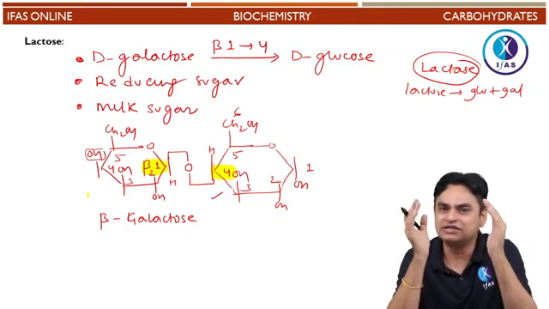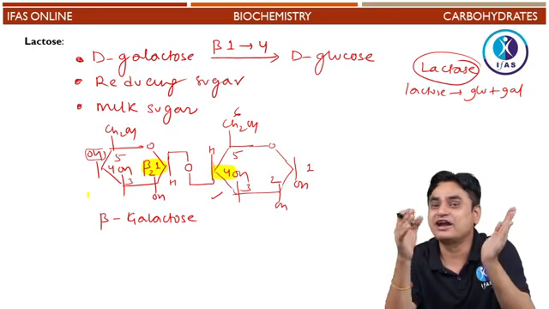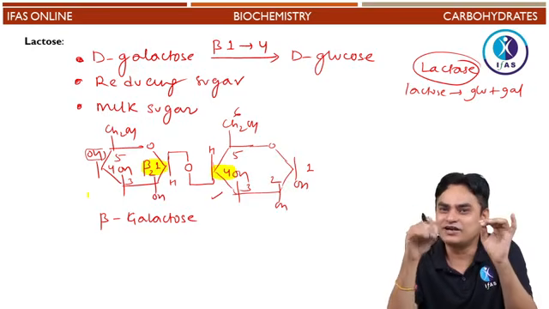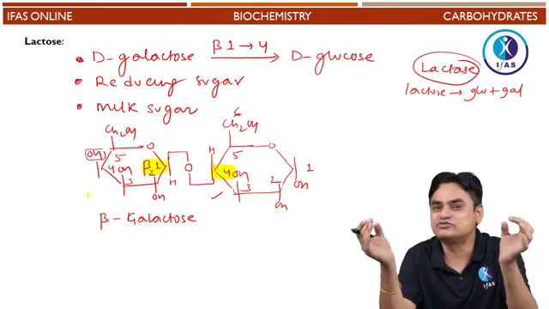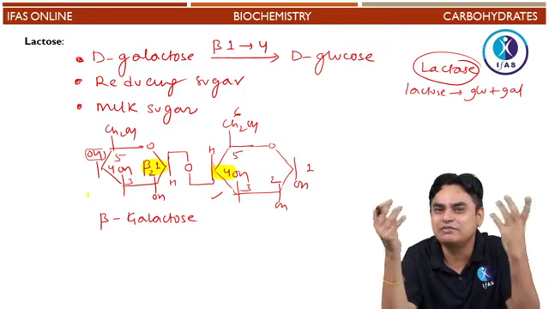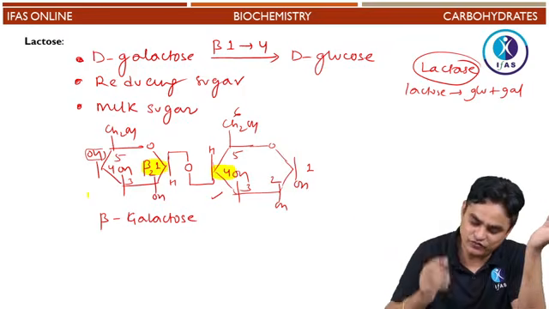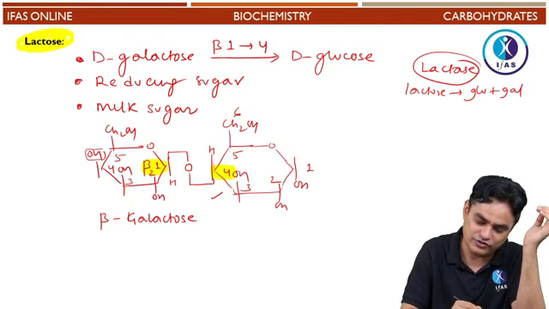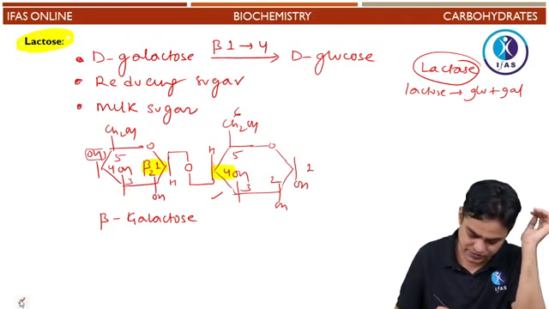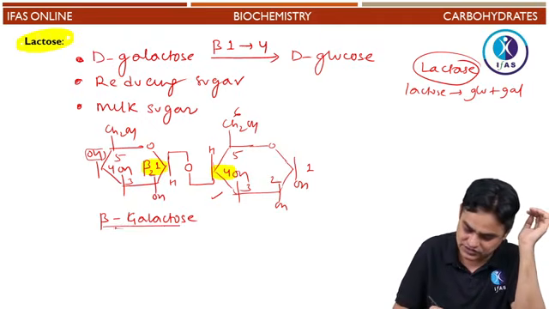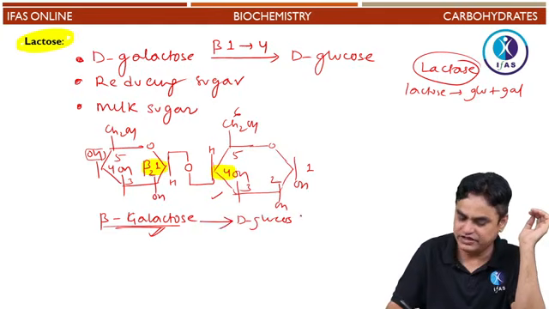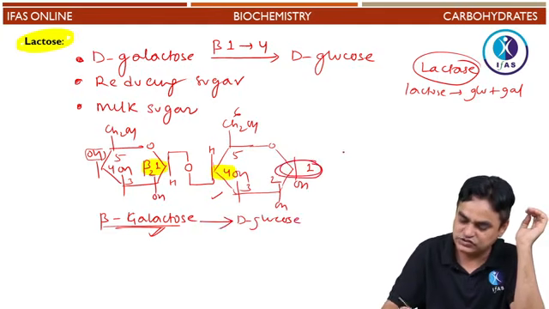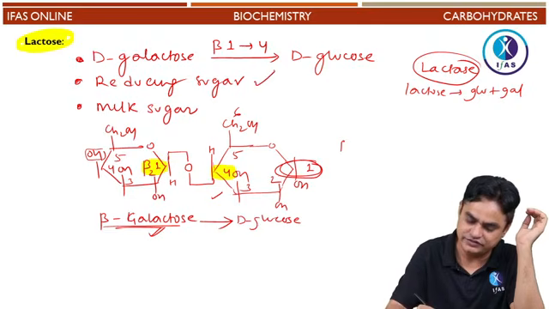Because in molecular biology we study lacZ, which encodes beta galactosidase. Beta galactosidase acts on lactose and cleaves it to glucose and galactose. But what do you mean by beta galactosidase, which breaks a beta galactosidic bond? Where is a beta galactosidic bond present? So beta 1,4 galactosidic bond is present in lactose, because the anomeric carbon of galactose is forming a bond with D-glucose, and the anomeric carbon of D-glucose is free, and that's why this is also a reducing sugar.